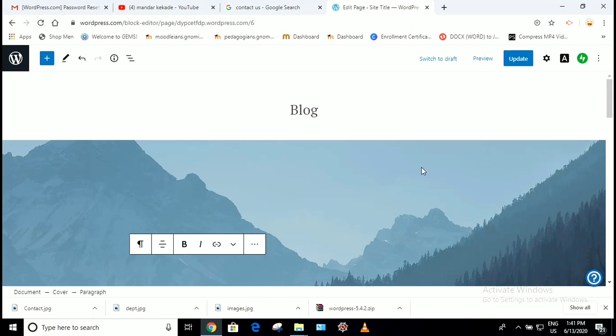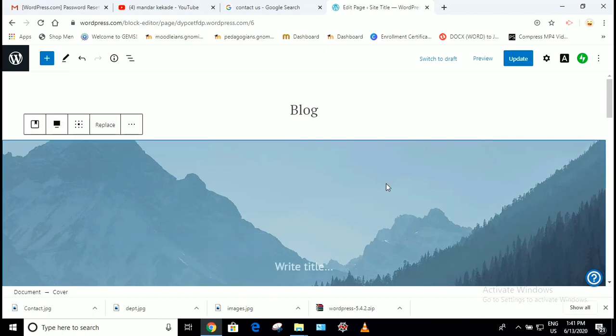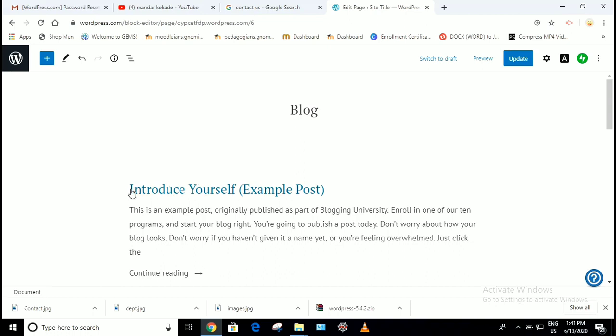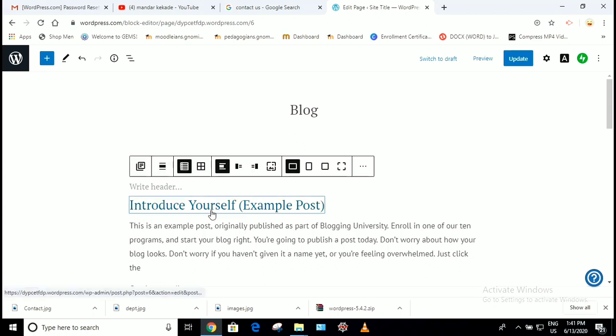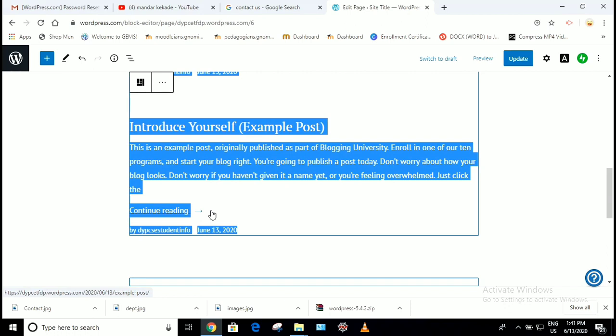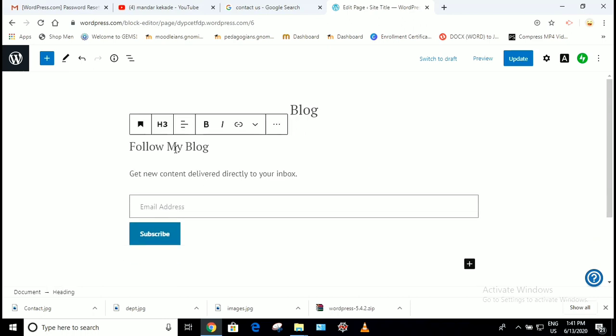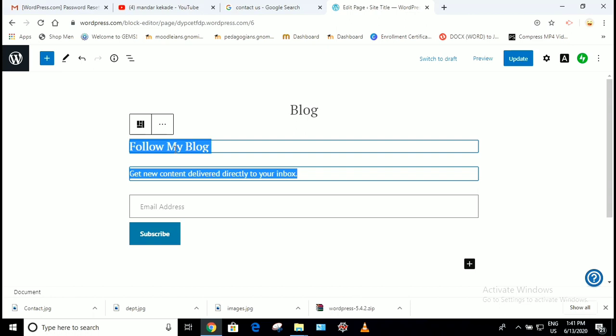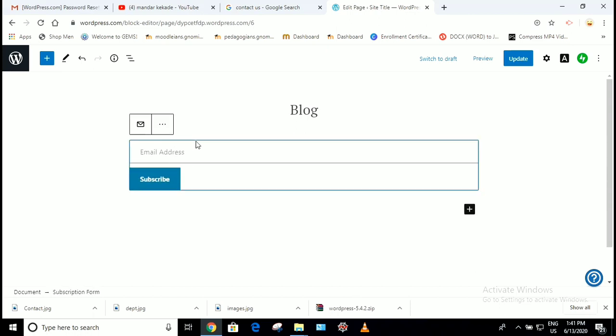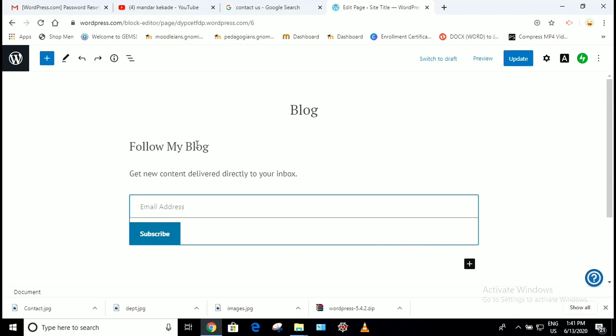Now let's see. Just click on this image. If you don't want it, delete it. If you don't want this content, so select it and just delete it. Okay. If you don't want this also, you can just delete it. Now I want to add this second content, that is the block. Okay. Now what I am going to do is I am just creating the page for the department option. So the first department is CSE, for example.